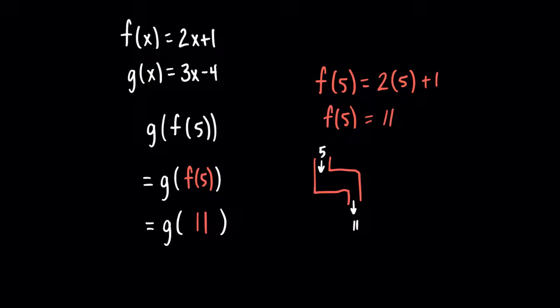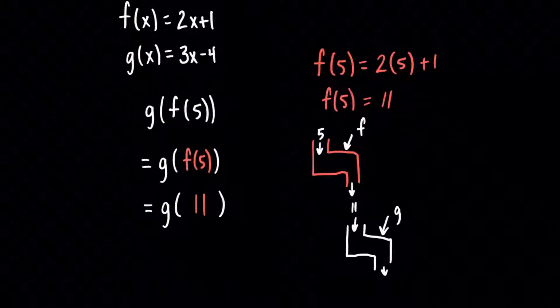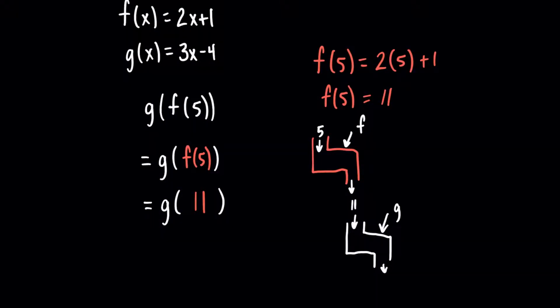Now what we're going to do is run 11 through the G machine. Here's G. This was F. We're going to take 11 and feed it through the G machine. And what would we get on the other side if we did that? Well, what is G of 11? G of 11 is going to be 3 times the input,